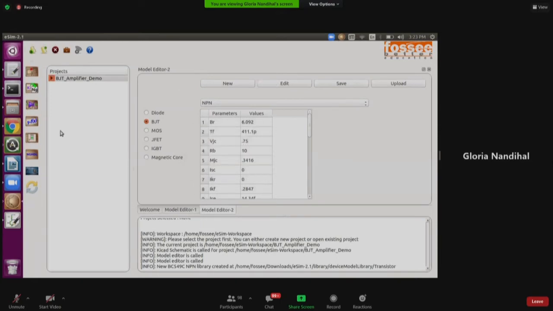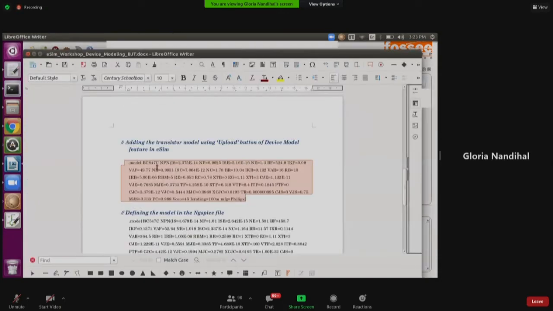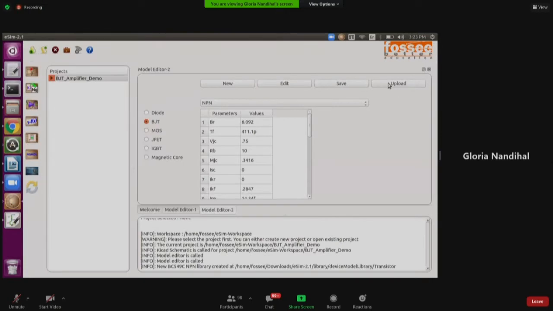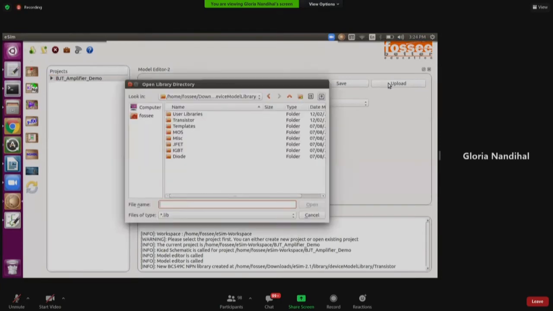I have the document which I've shared, and there is one more model, BC847C. I just copy pasted this model in a text file and saved it as .lib. The .lib is the extension required for the upload button, which uploads the external .lib file to eSim. When you click on upload, you need to give the path where you have saved the .lib. As of now, I have saved it on the desktop.